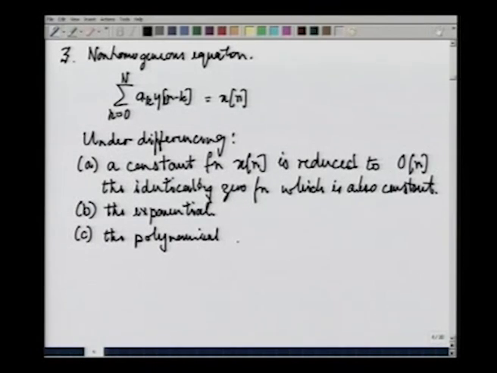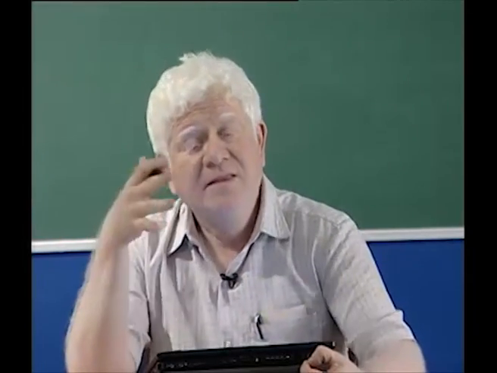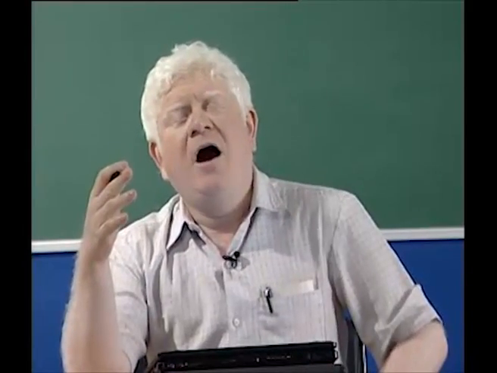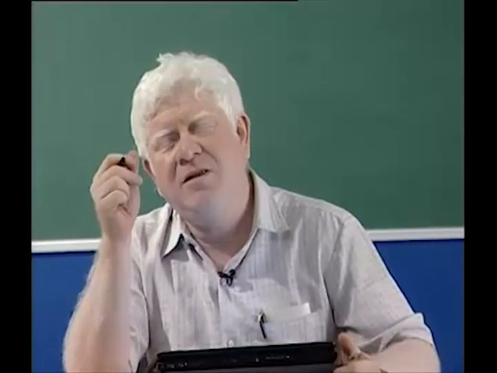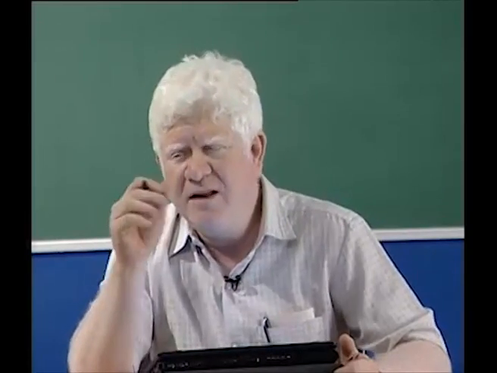So, what is a polynomial sequence? What is a polynomial sequence x n? It is of the form say k, k n squared, k n cubed, so on. This is a polynomial sequence. We will see if this is invariant under differencing. We are really not seeing if this same sequence appears under differencing. What we are going to see is if we get a function of the same category as the polynomial upon applying the differencing operation. That is what we really have to see. Let us see if that is the case.